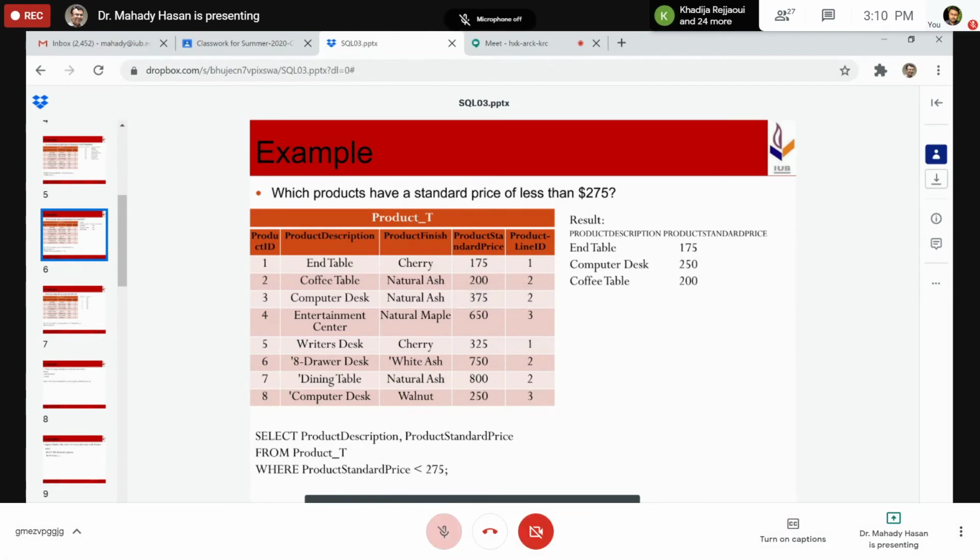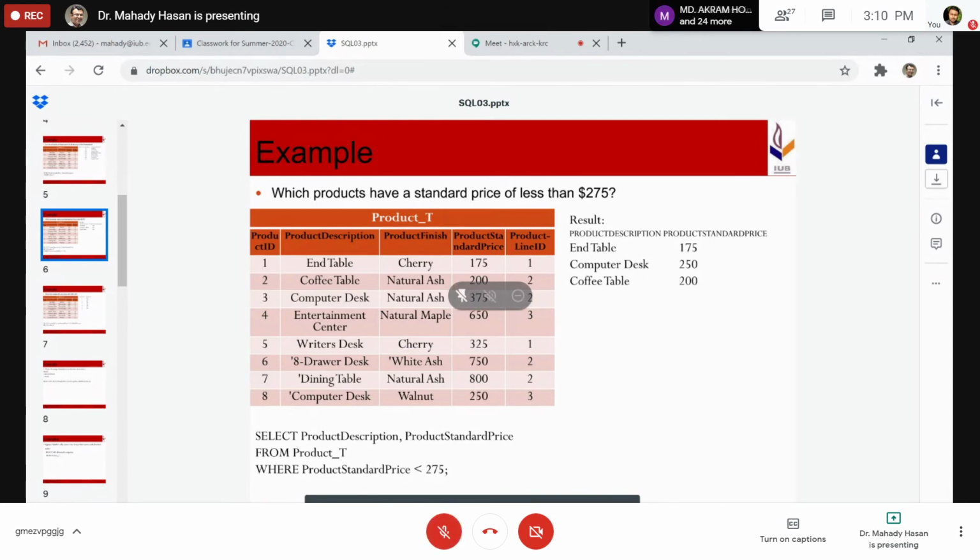No, the first one is 175. Then 200 and 250, right? So end table, coffee table, and computer desk. So eventually this is what we want to see: 175, 250, 200. These are the three data, right?